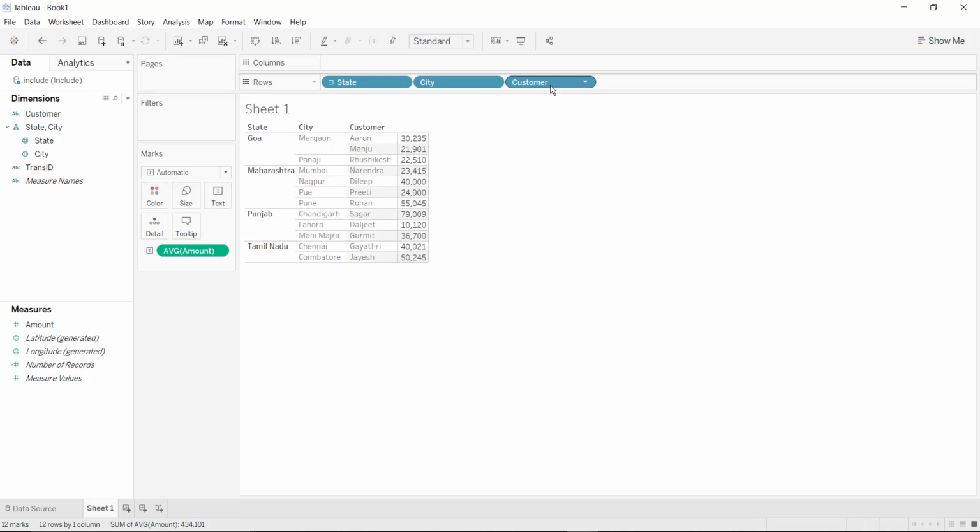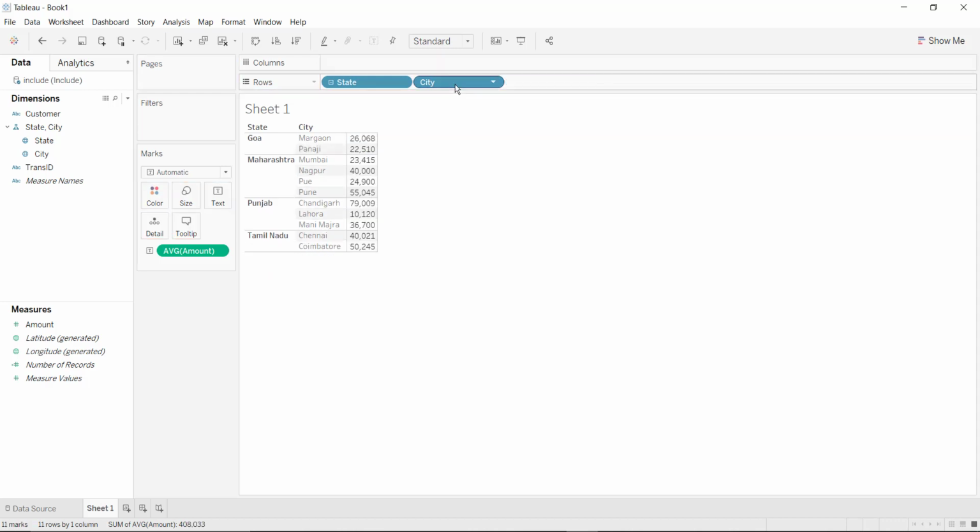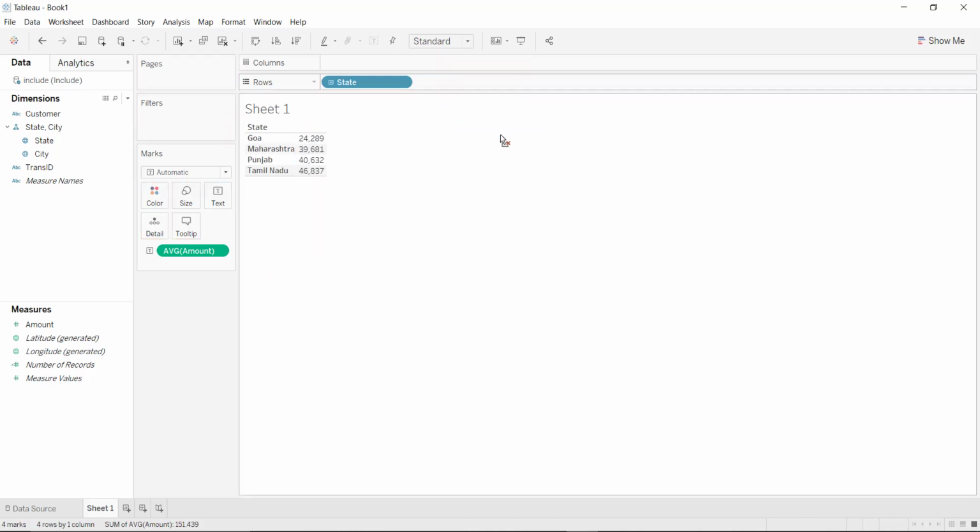If I remove all the values and want to find the average at the level of state, what has happened is that at the level of state, it first finds the sum of all the transaction amounts and divides it by the number of records that are present.